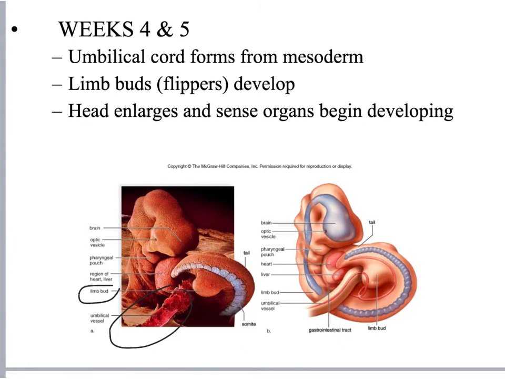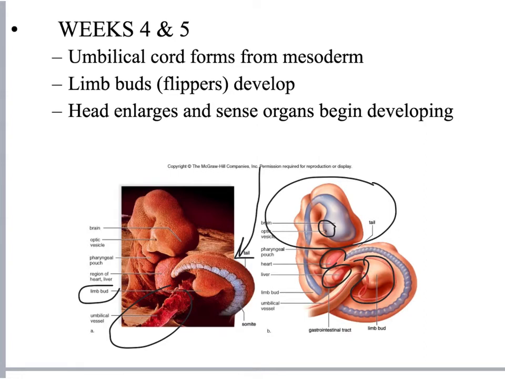You can see we have quite a large head with a brain in there. We have optic vesicles, which are our eyes developing. You can see we have the liver and the heart developing, blood vessels as well. You can see we have a glorious tail that we form, which eventually undergoes apoptosis, at least most of it does, at least in humans. Of course, in other animals, many of them maintain that tail.